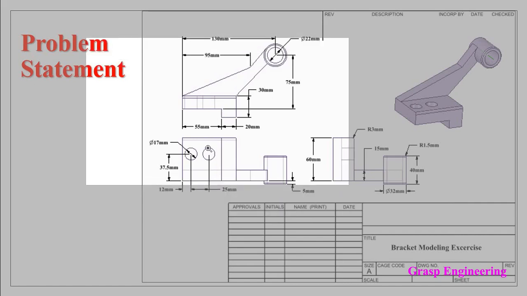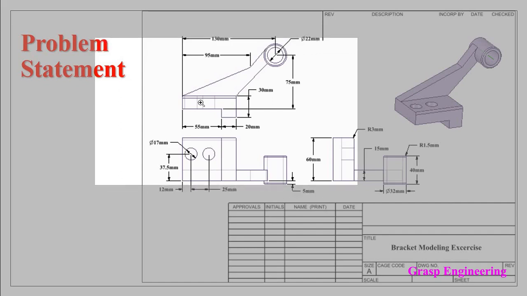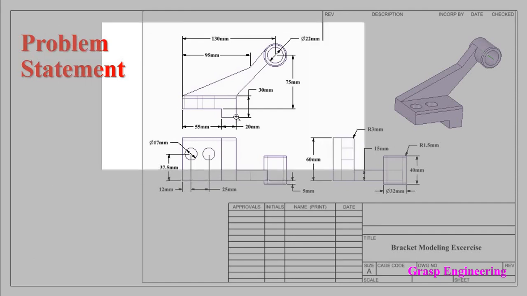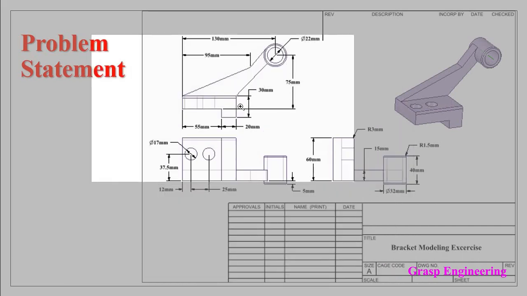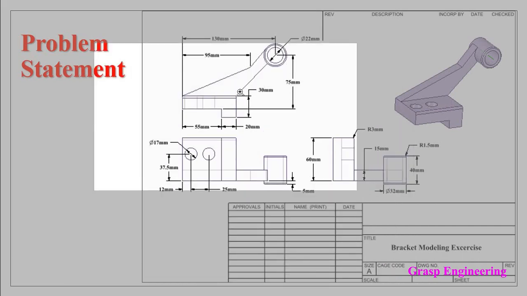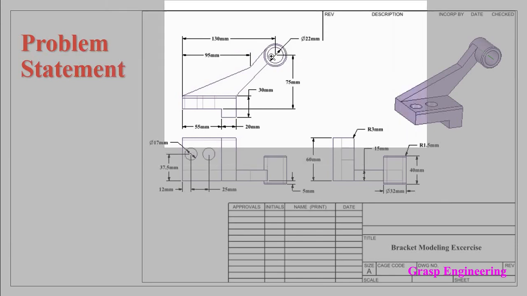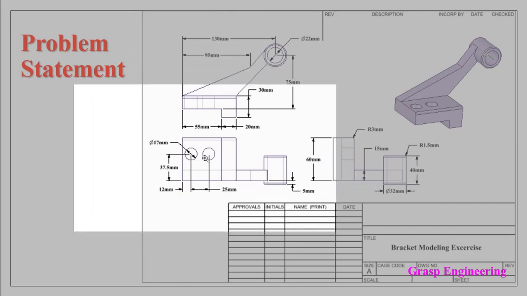Okay. So if you see here, once you see all the views, you need to decide where you need to start the 3D model creation. Here, this is our rectangle. So first we will create this profile and extrude it up to 60 mm. Once that profile is done, we will model the topmost part, create these two cylinders, and lastly create these two holes.